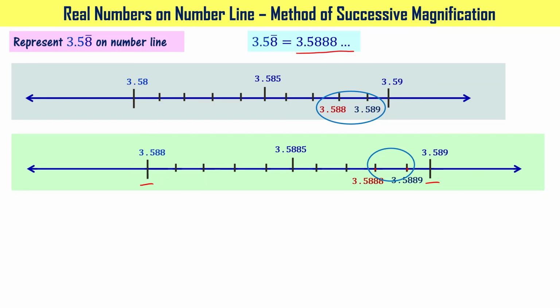However refinement, however magnification you do, you are not going to exactly represent the number, because how many ever times you magnify, still you are going to get more digits coming in, right? Because this is a non-terminating type. But anyway, to represent a given real number, whatever procedure we have learned about method of successive magnification, that is fair enough. You will be able to say that, okay, within this particular limit my number lies. Let's stop here for this particular problem and then look at another problem.